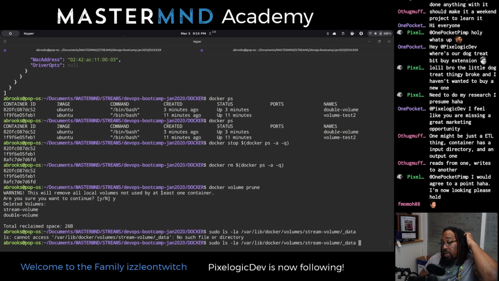Okay, this directory is not here, so I guess it does remove even that directory. I wasn't sure. That directory is gone. It's gonzo, which means everything's gone. You pruned it. I guess that's why they give you a little prompt here. This is yes or no. Yeah, look at that. Delete all the volumes. Everything's gone, so be careful with that. You do remove everything.